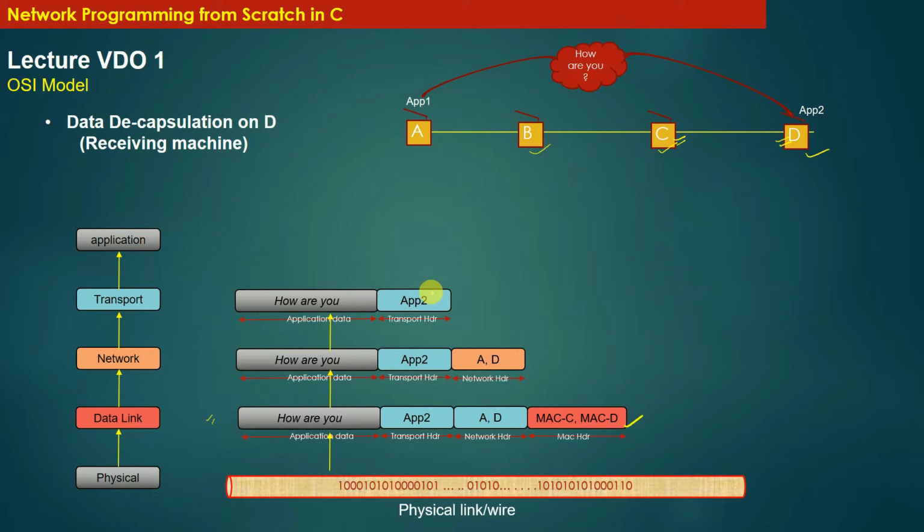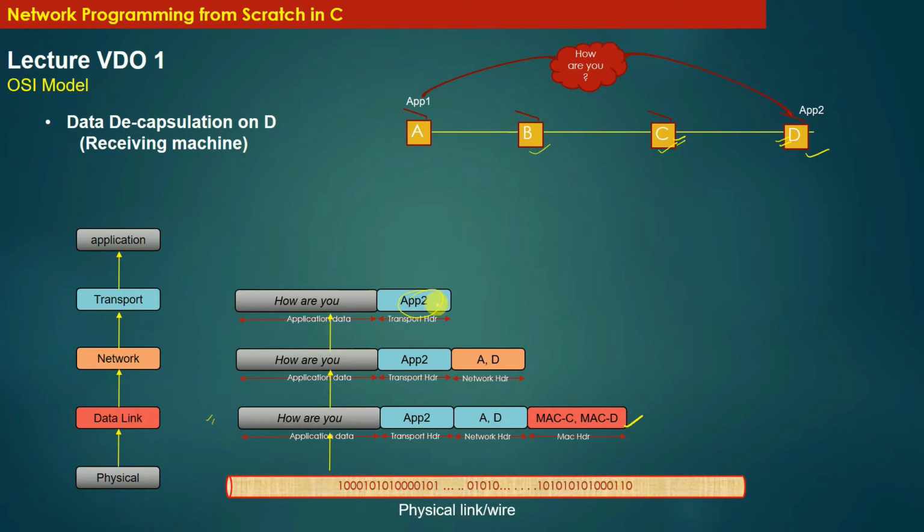The transport layer knows that the message has to be delivered to the application app2 running on the destination machine D. Remember that machine D could have multiple applications running. So the transport layer needs to know which of those many applications is interested in receiving this data.